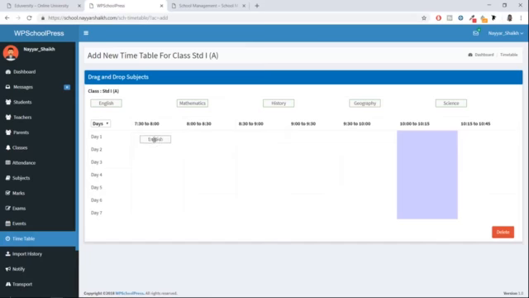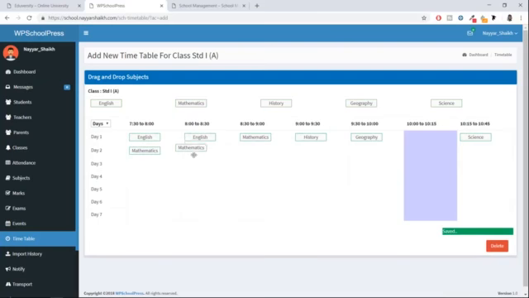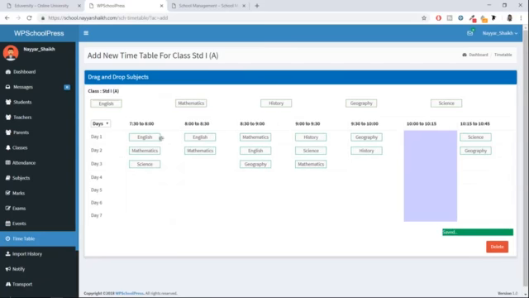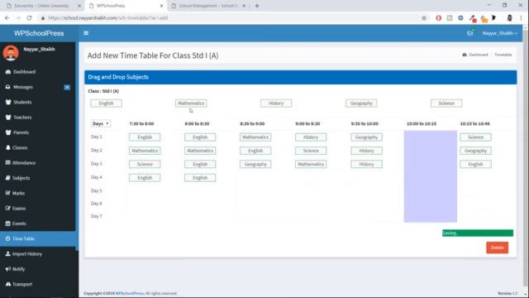Simply have to drag and drop the subjects over here. Okay, so for example, for day 1, which is Monday, the first 2 periods were English, then we had maths, then history, then geography, and then maybe science. And maybe on Tuesday, first 2 periods were maths, then English, then science. Obviously it can be anything. Okay, then all those things. Then again maybe maths over here, geography over here, or maybe first science, then English, then 1 English at the end. All right. Okay, so let's select this thing very quickly.